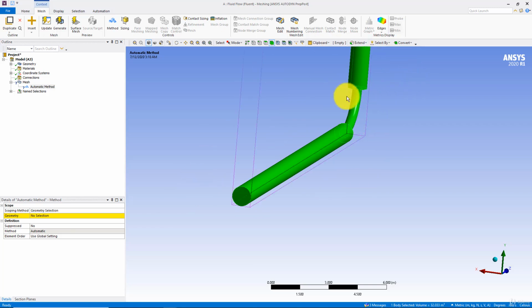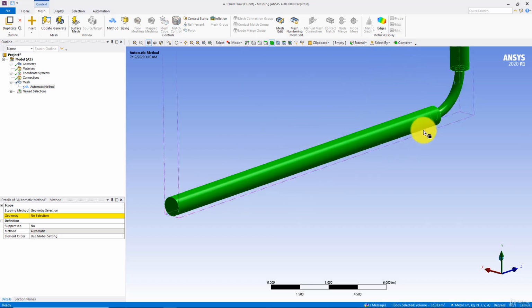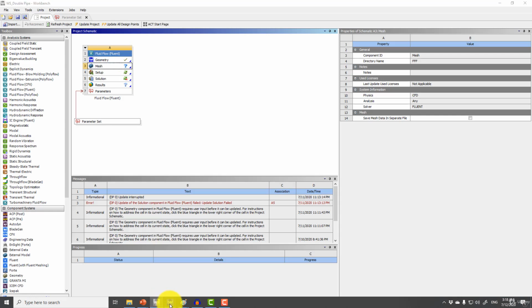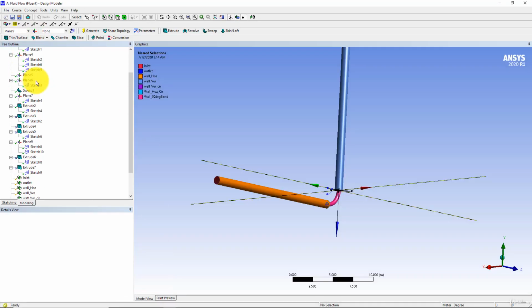Or you can apply the method on all geometries, or you want to apply a particular method on one geometry, for example here, and another method on the second case and third case. In that case you can use the different meshing methods. But right now you can see this is a single body here, and if I use the option as frozen,